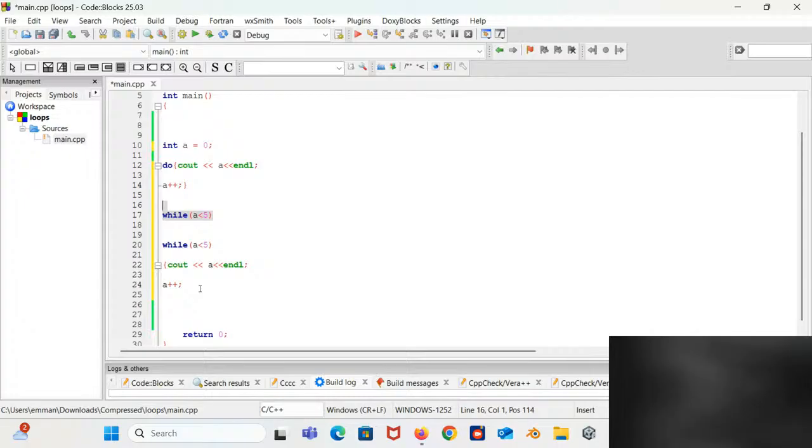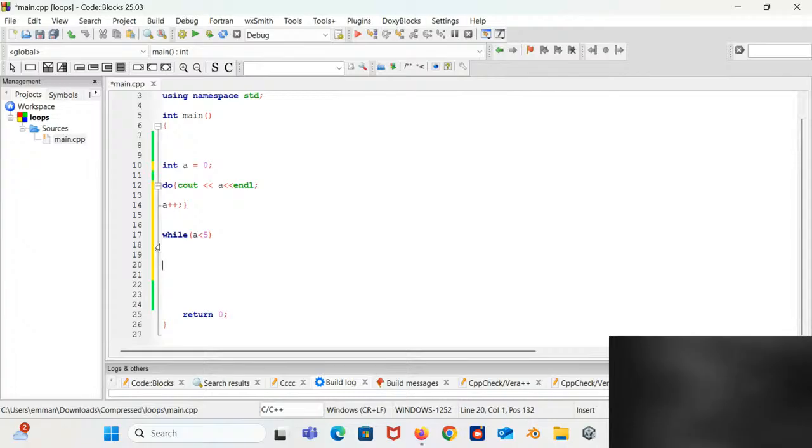Are we good? So for the do while loop, okay, thank you, once you're clear. What happens here is that it's going to start executing this, before it checks for the condition. So this gets executed, then it comes to check the condition. If the condition is true, it keeps on executing. If not, it stops executing. So this is basically going to cout 0, 1, 2, 3, 4.